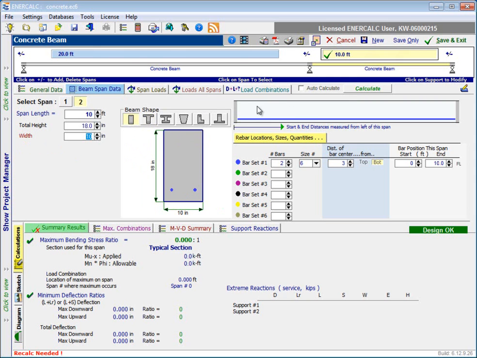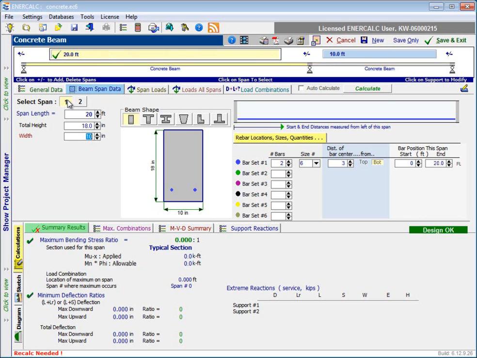Moving over to the right, we can see a graphical representation of the currently selected span. In this case, span number 2, the right-hand span, is the one that's selected, so that's the one we're seeing. I'm going to toggle back over to span number 1 and think my way from left to right on this beam. What we're going to use this diagram and these controls for is to define the rebar that exists in